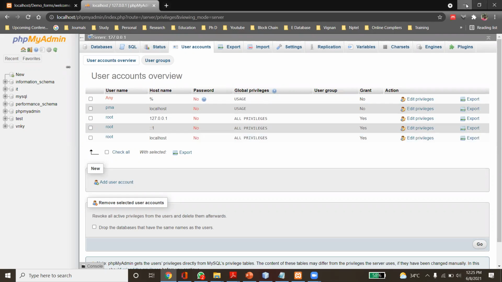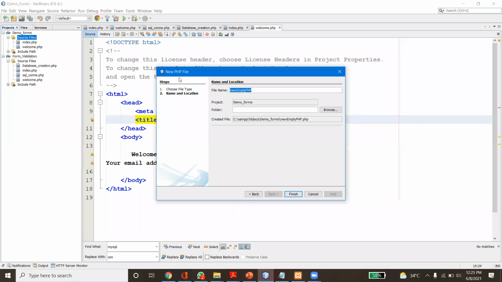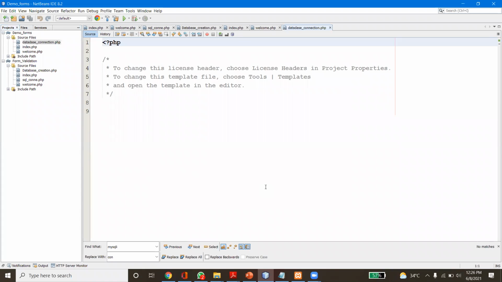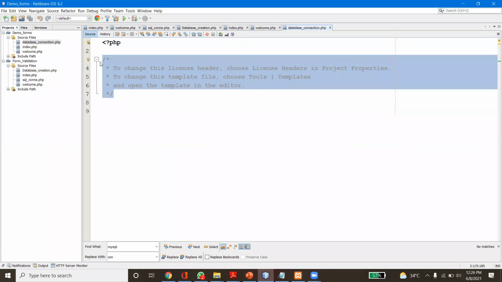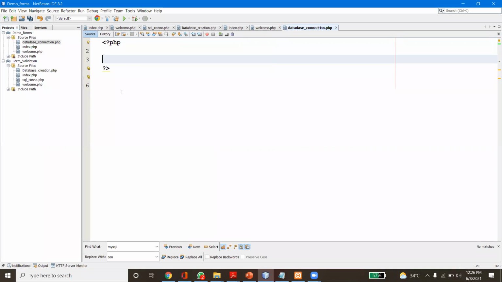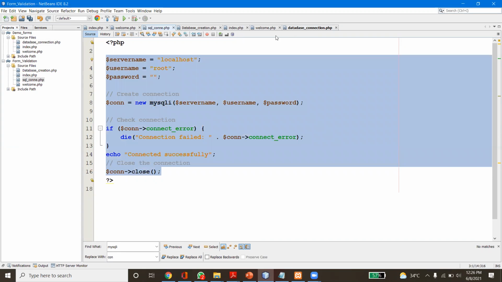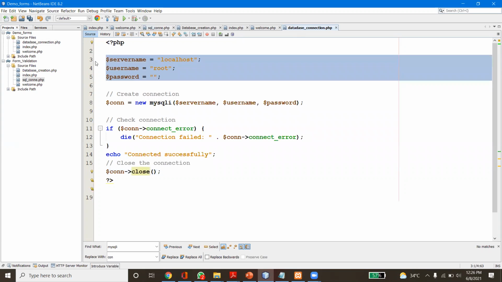Coming to the coding part. Creating the connection: we have to write one PHP file for creating the connection, a database connection file. Here we are creating three variables.